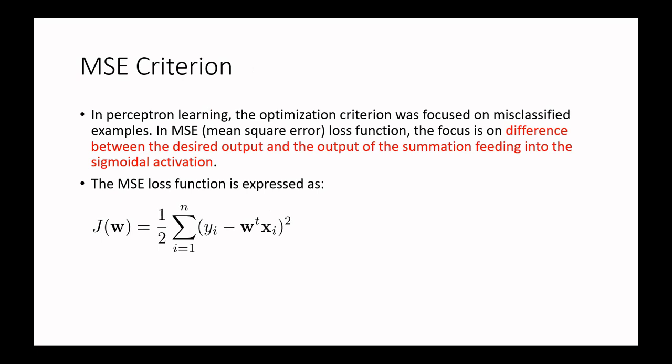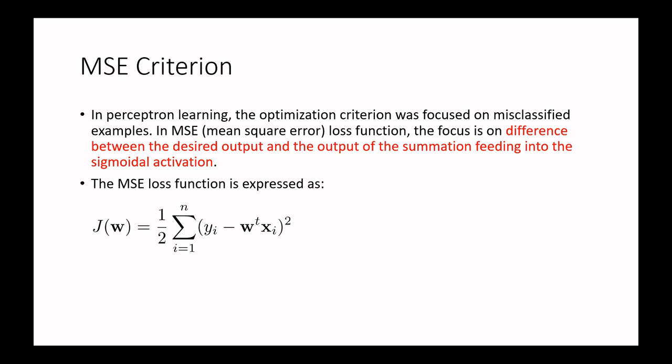As I said, in perceptron learning, the criteria was focused on misclassified examples. In this case, we want to minimize the error. So let us focus on what we call the mean square error loss function, which we'll define as the difference between the desired output and the output of the summation feeding into the sigmoidal function. So let's define a criterion